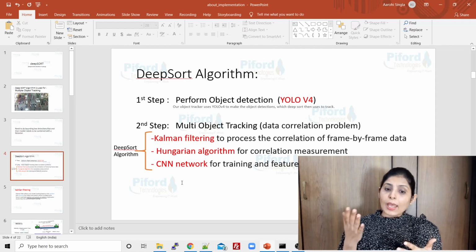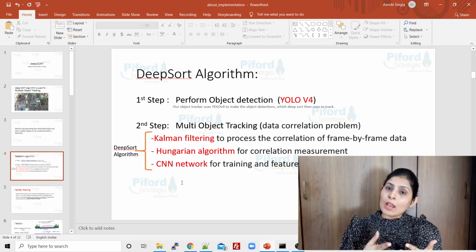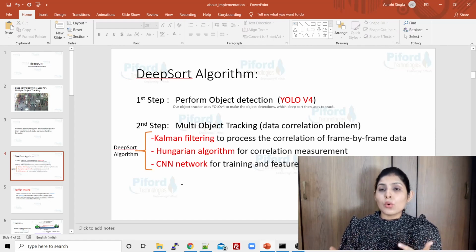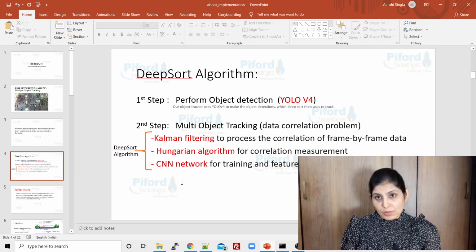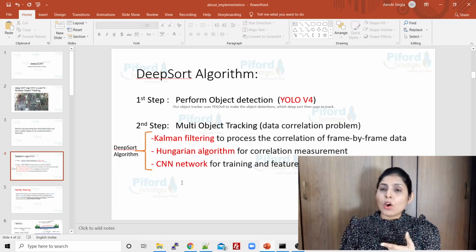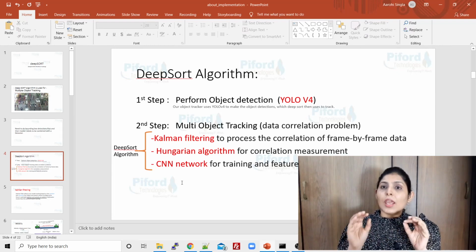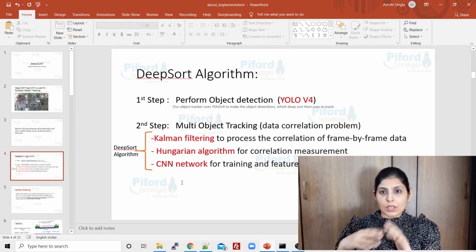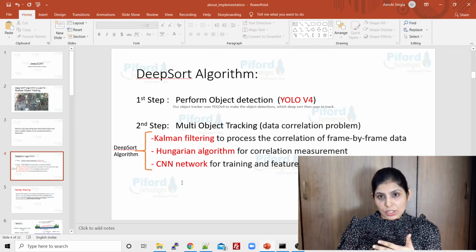And the Hungarian algorithm will help us to measure the correlation, how much correlation there is between those two frames. So Kalman filtering will work on the correlation of the data present in different frames.